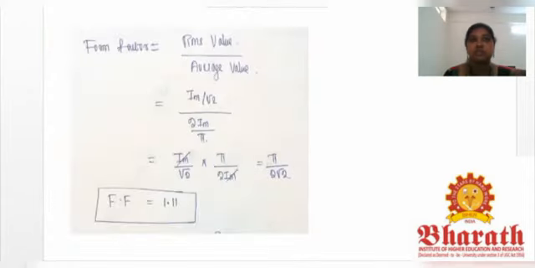Because of this we have a constant value that we will be maintaining, that is the form factor. Form factor is given by the formula RMS value divided by average value. RMS value, we know the formula as Im divided by root 2. Same way for average value, we know the formula as 2Im divided by pi. When you substitute, you will be getting the value as 1.11. So form factor is a constant value, 1.11.